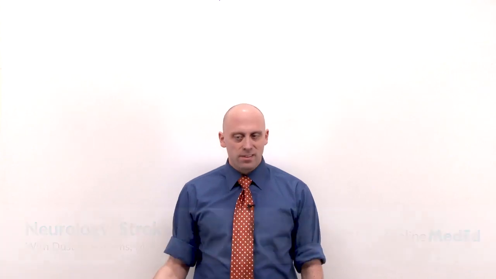Stroke is a nebulous term that means brain death. The brain is in G0. Once the brain dies, it doesn't come back. So it's a big deal. But stroke usually refers to ischemic stroke from a thrombus, though stroke is thrown around to mean any kind of